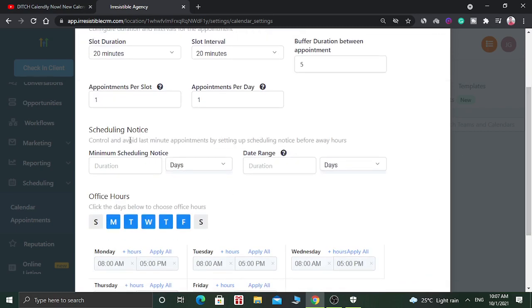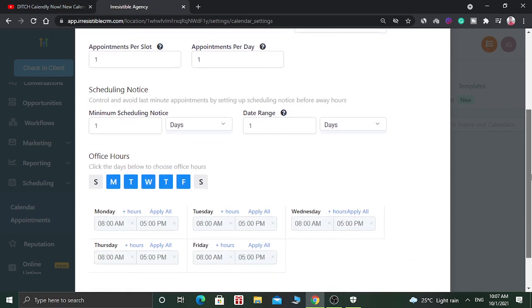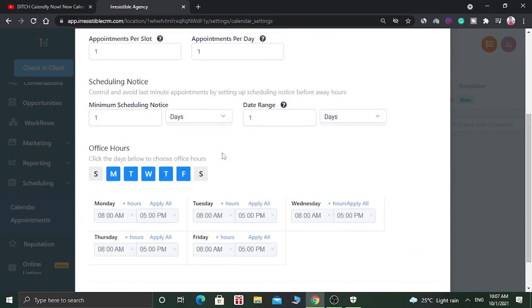Now you have to do scheduling notice. In here you have to give the number of days or the duration for the minimum scheduling notice. So let's say 1 day, and you have to give the date range. You can also give it 1 day, and now you have to select the office hours.